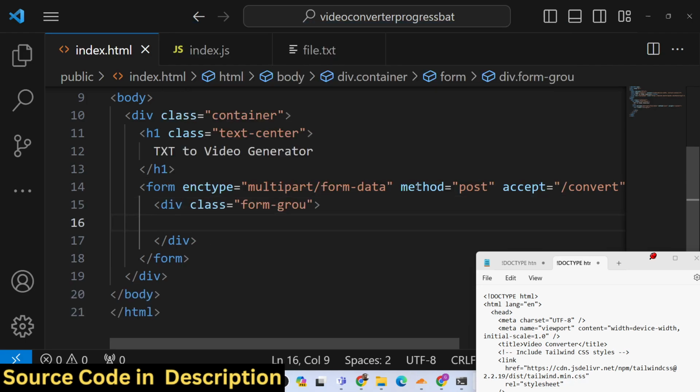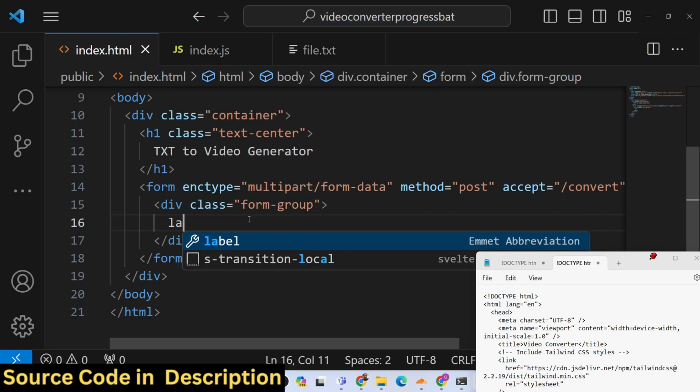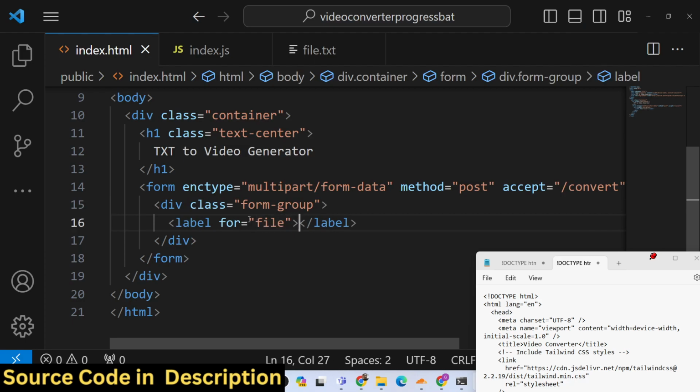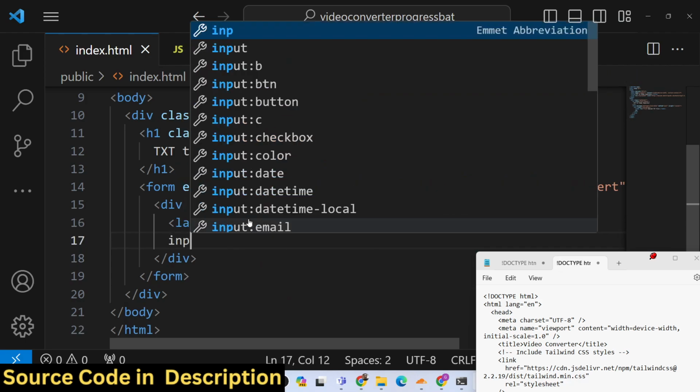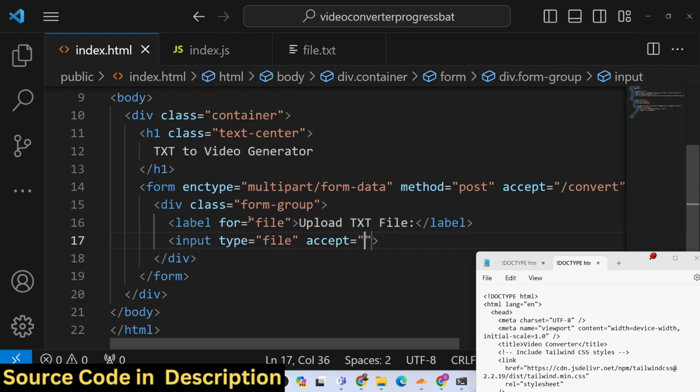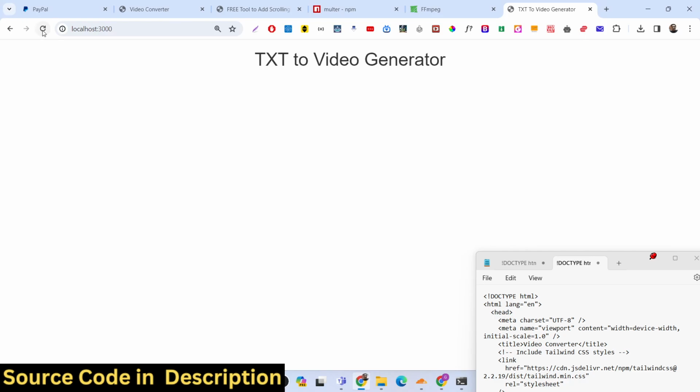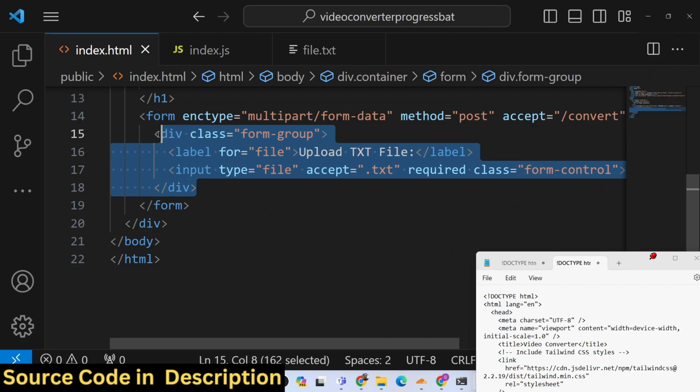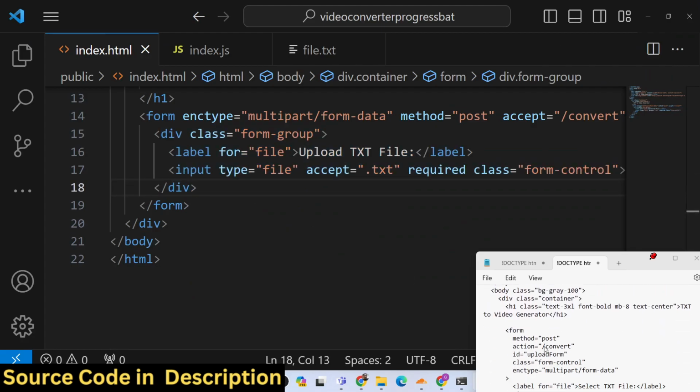Here we are using the form group class of Bootstrap, and we will simply tell the user to upload the txt file, and then we will have input type file, and we will only be accepting .txt files, and required. Give it a form control class of Bootstrap. If you see, we will have an input file which the user will select, and after this we will have